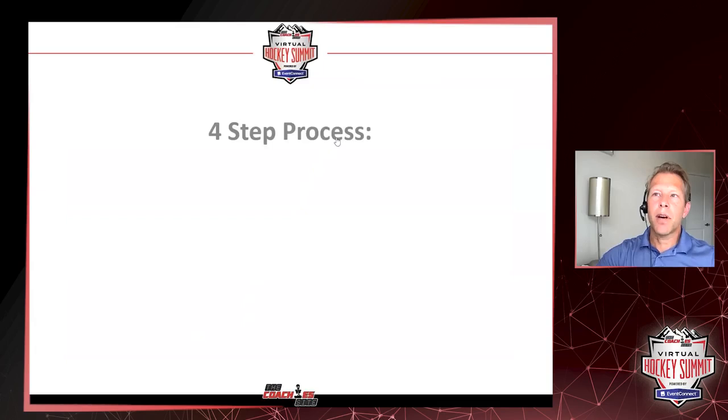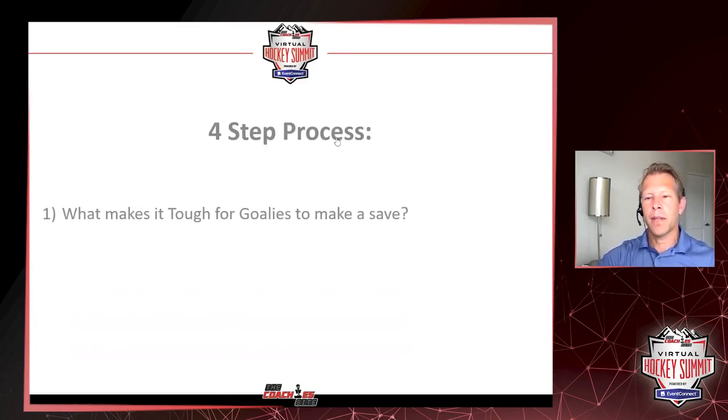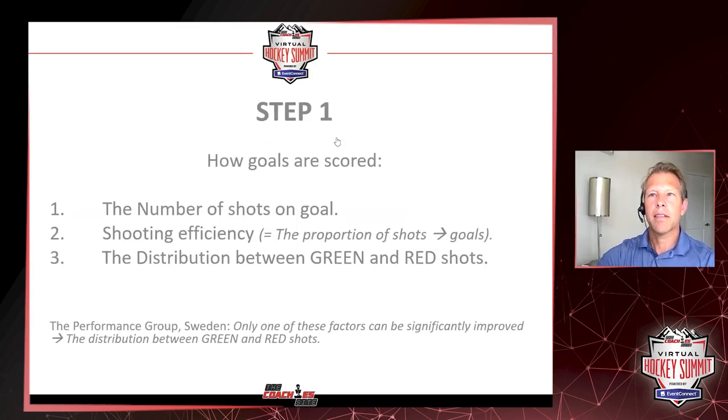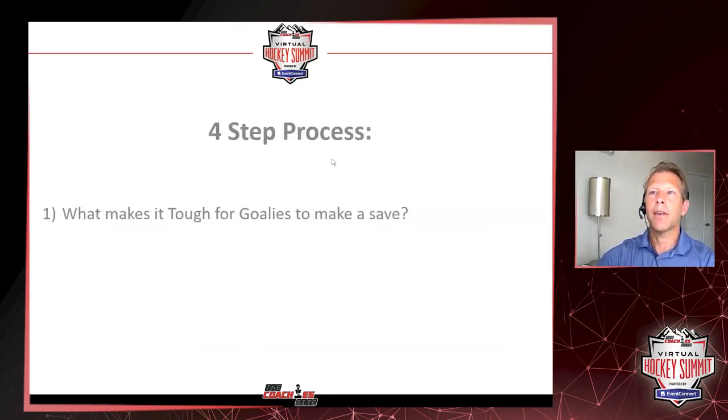So the 4-step process to building this mental model for players is this. I've always found that in order to score a goal, we need to find out what makes it really tough on a goalie, so asking goalies and so forth. So that's the first thing: what we're going to try to figure out is what makes it tough on a goalie. The second step that we have here